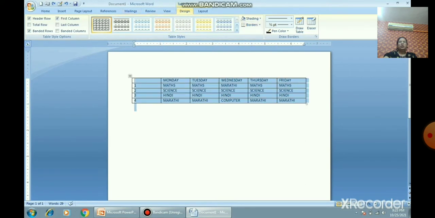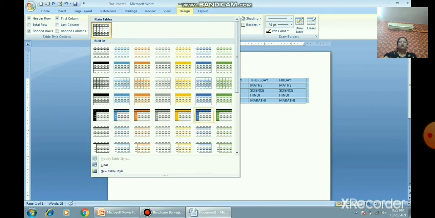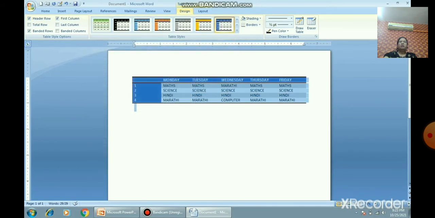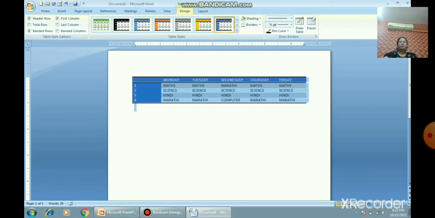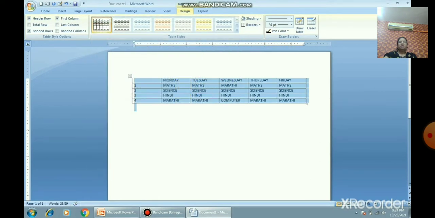Now, the formatting is understood by all of you. So where is the format button? Design and table tools. Okay, so now we will learn how to change the column width. To change the column width, first of all we will select a simple table, so that rows and columns are easily visible. You can see rows and columns, right? We'll select the entire table.